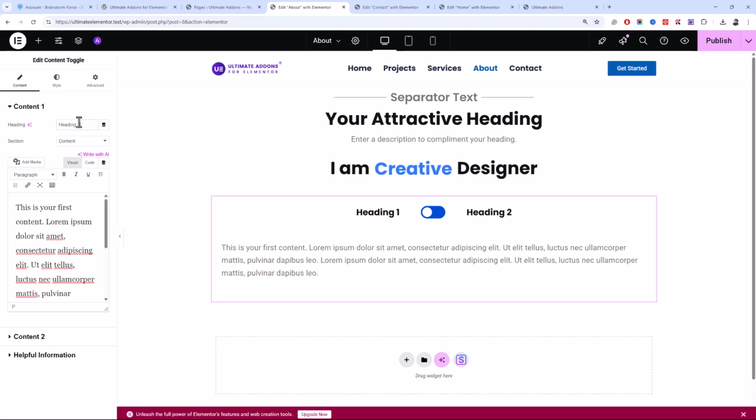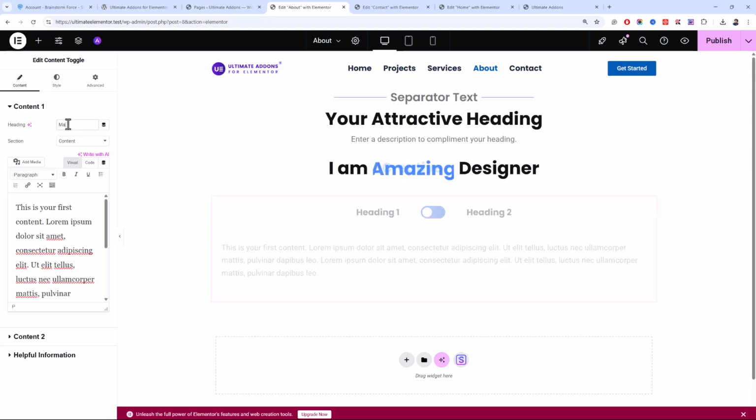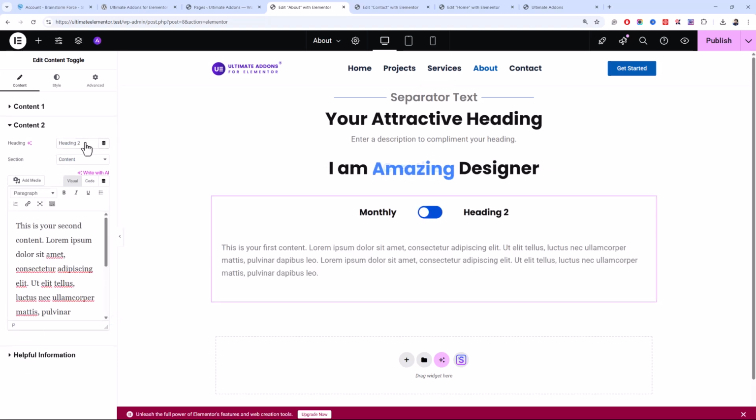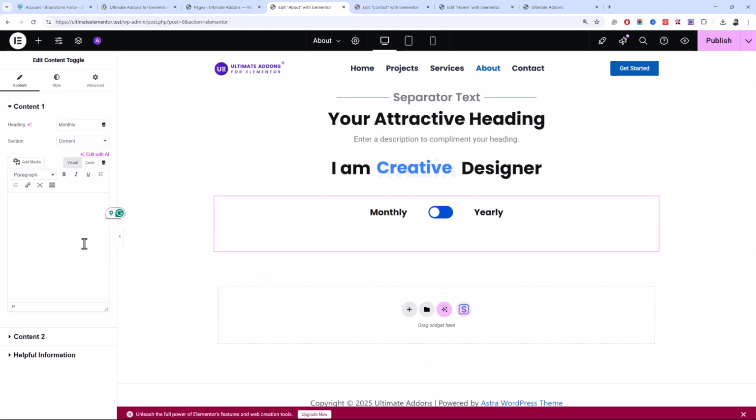You can change over here like monthly and content to heading. And then for the actual pricing tables, you can use some shortcodes in each of the box to display different content or different pricing table depending on the selected toggle value.